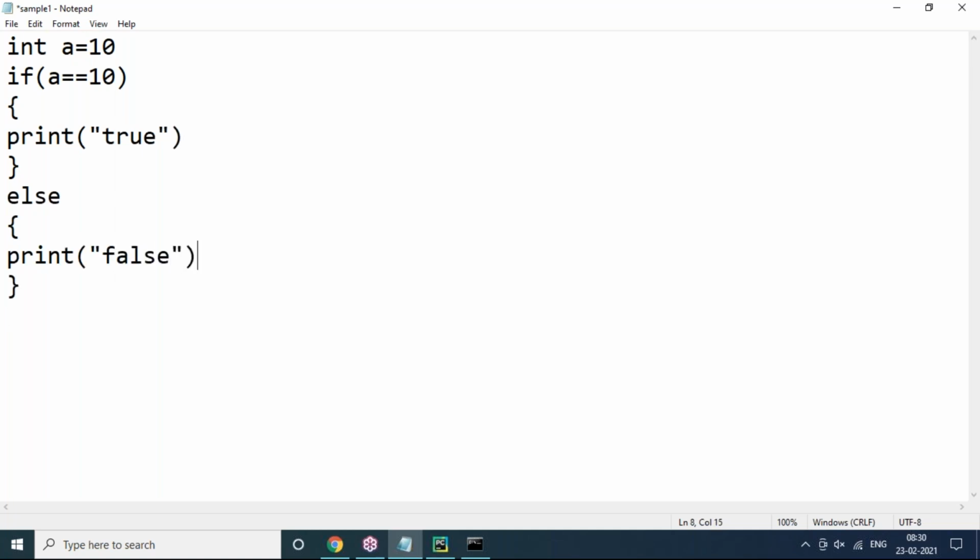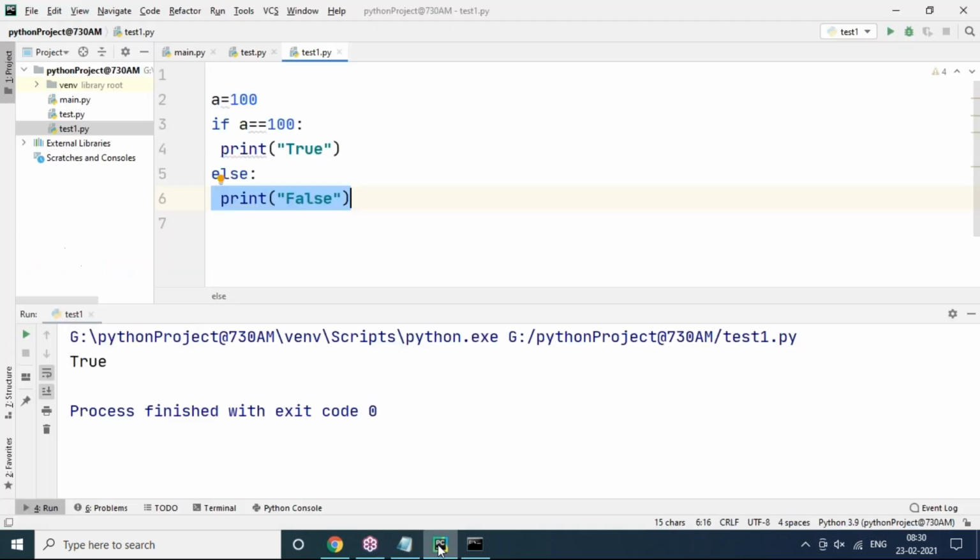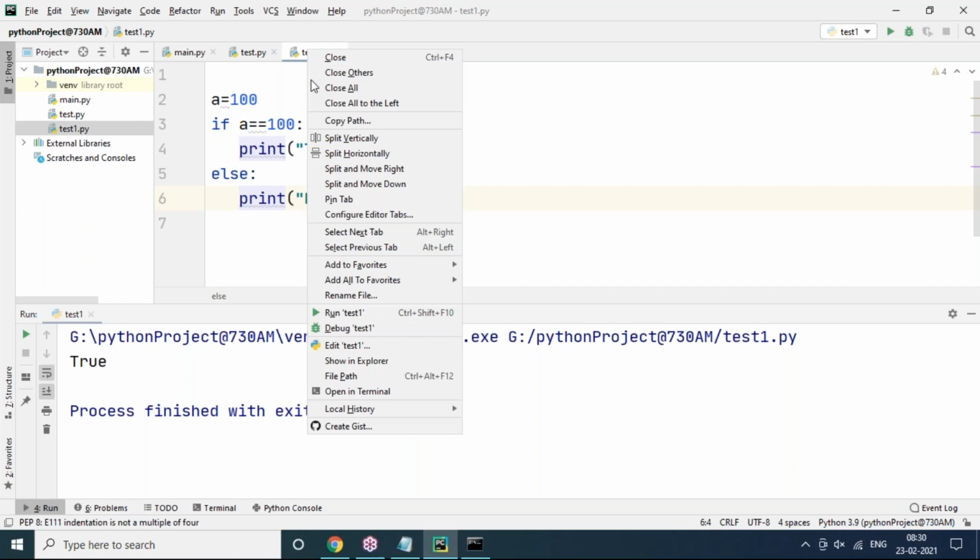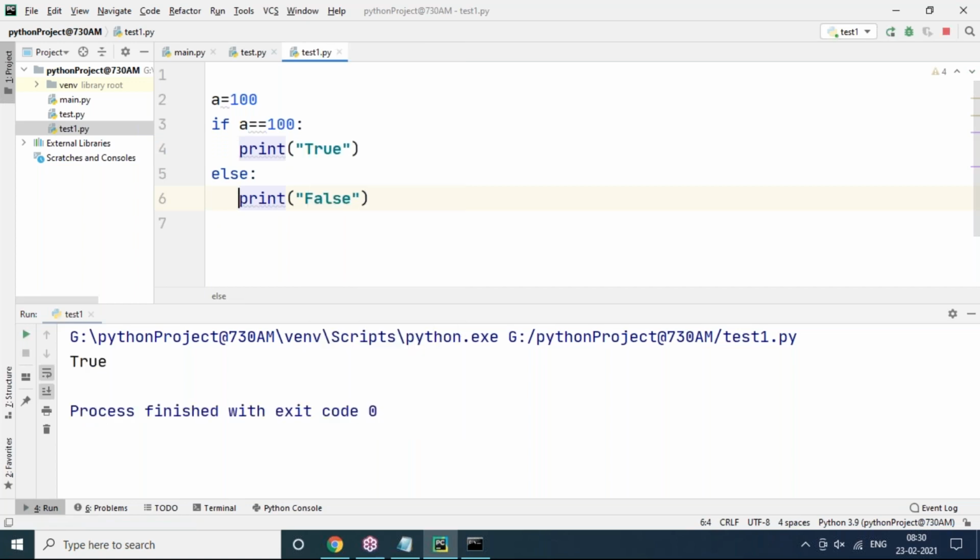This is code from other languages. It will work in C, C++, Java, C#, .NET; it is the syntax of those languages. But when it comes to Python, no curly brackets, so only indentation is required. Indentation means white spaces. At least one white space is required, but by default the editor takes 4 white spaces. Python indentation is 4 white spaces. It will work fine. Look here, it is working now.